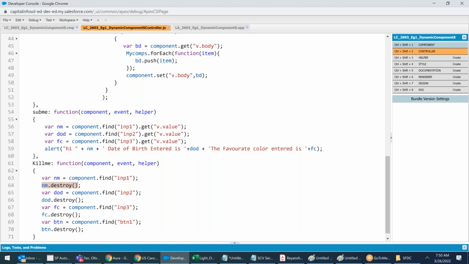Sir, is it mandatory to destroy all dynamic components, or can we keep them? Mandatory. Why is it mandatory? Tell me. I have a doubt. Sometimes when we make a payment and give a credit card number, they save the number. Whenever I go to Flipkart, it displays the credit card that you added already. But there are many websites which say that we don't want to store your credit card information,